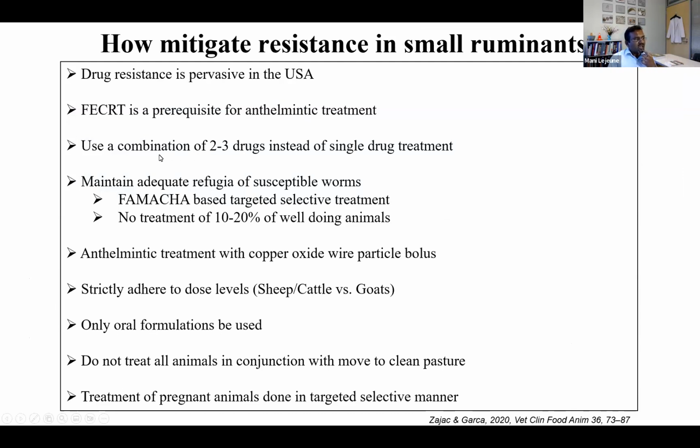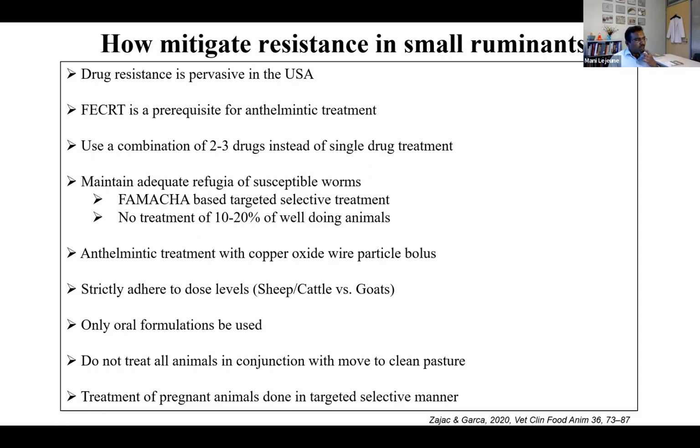And current recommendations are that instead of using a single drug treatment, you should use at least 2-3 drugs. Even if resistance is known, it's better to combine 2-3 drugs, and combination treatment is preferred compared to single drug treatment. But this combination treatment should be coupled with maintenance of refugia, which is, again, if it is small ruminants, then you can think about a FAMACHA-based selective treatment, meaning that would help non-treatment of anything